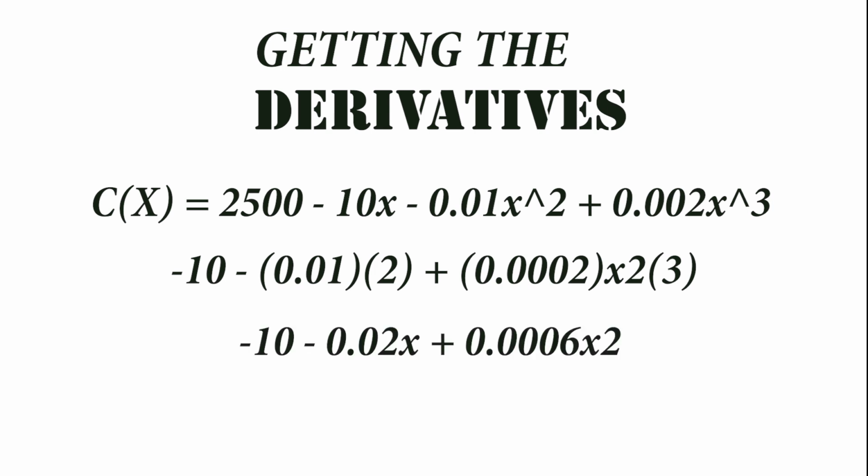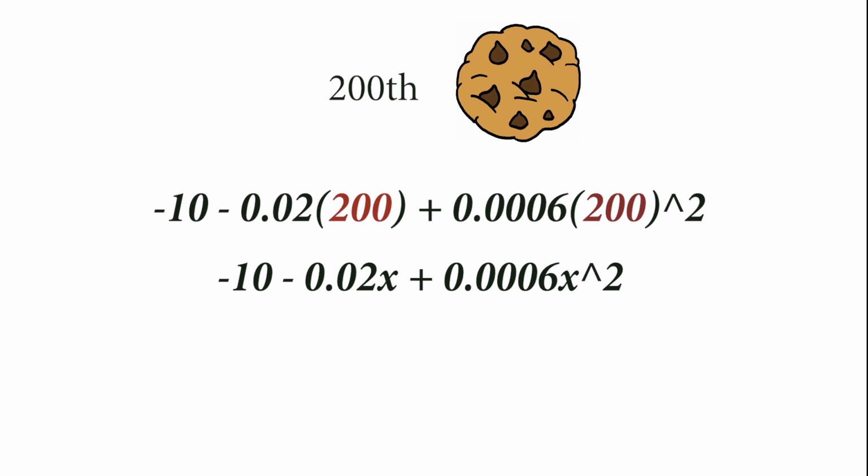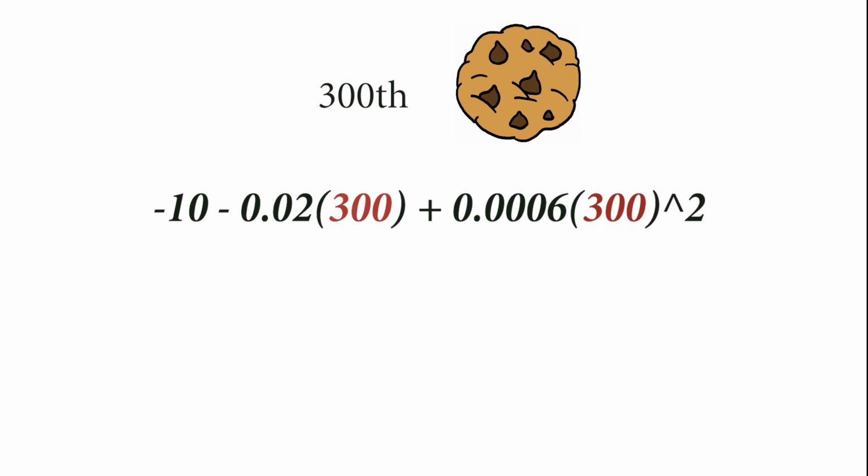Minus 10 minus 0.02x plus 0.0006x squared. In order to produce the 200th jar of cookie, it would cost approximately 10 ringgit, which is 10 ringgit off the selling price to customers. Hence, it would return a tiny profit for Ahmad. On the other hand, to produce the 300th jar, it will cost